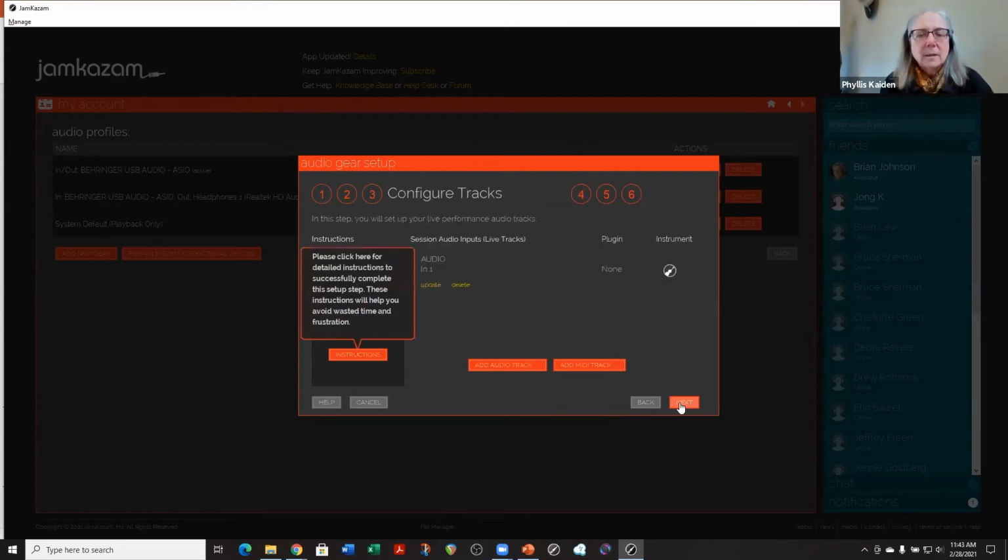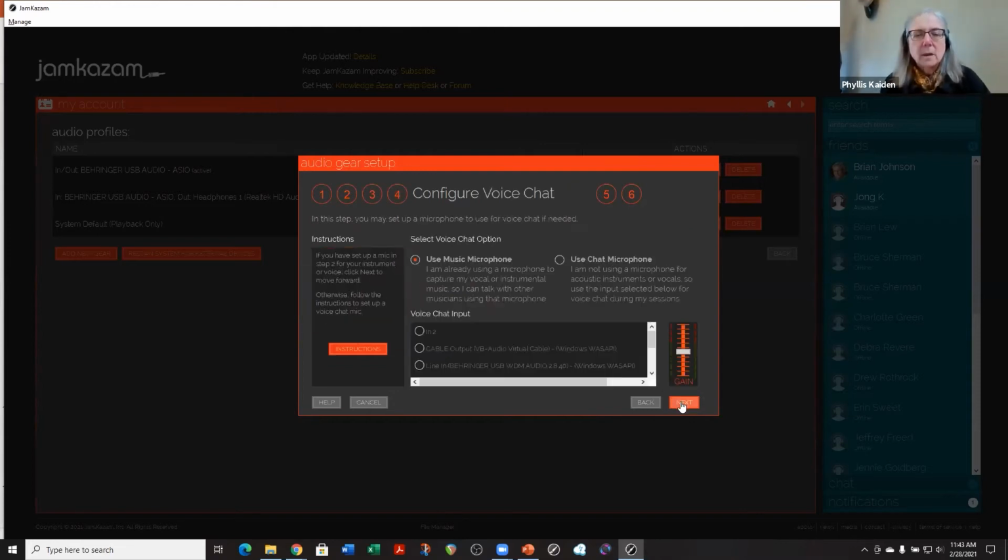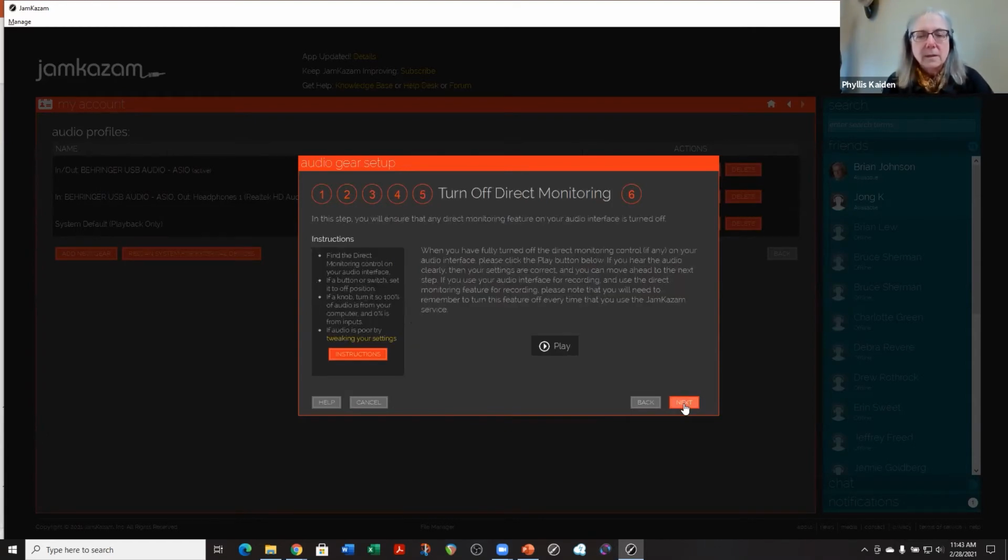Go to next. You can set up additional tracks. I have only one instrument. I don't need any more tracks. And if I was playing guitar and singing along, I would probably want a microphone for my voice and a microphone for my instrument. I am not doing any of that, so I'm going to hit next, and you